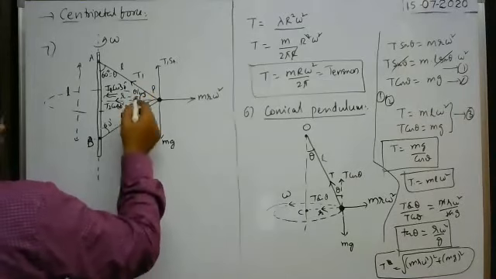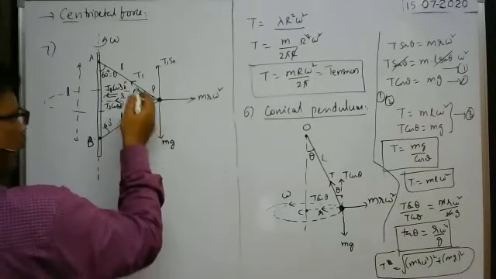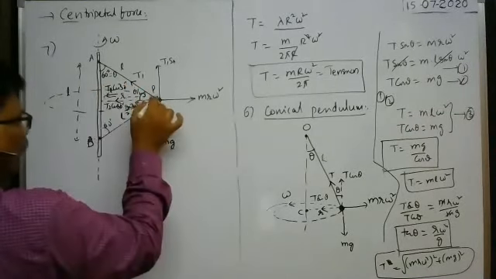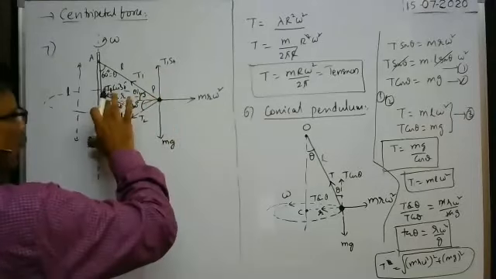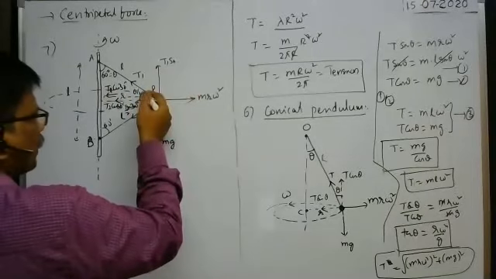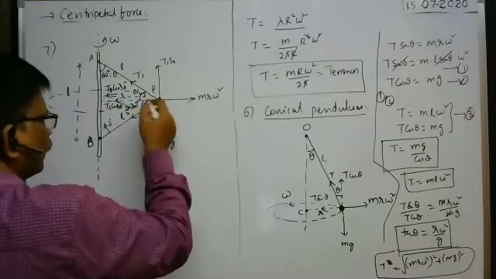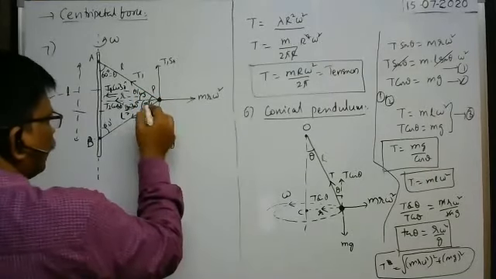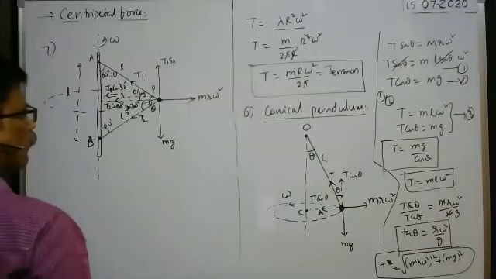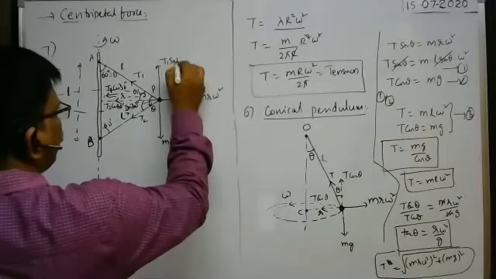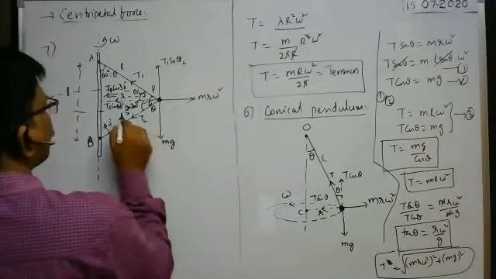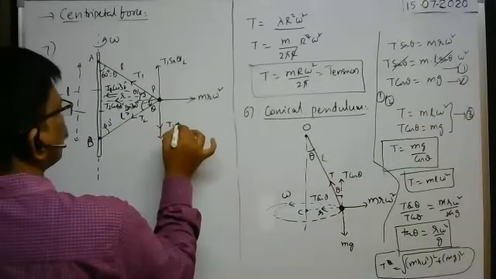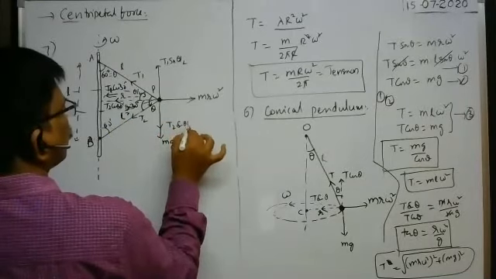As the lengths are equal, I have written 60, 60, 60. If the lengths are not the same, then it becomes an isosceles triangle. In such a case, the angle here is, say, totally theta, so this angle is theta by 2. Then it is sin theta by 2. Here the tension component in this direction is T2 sin theta by 2.